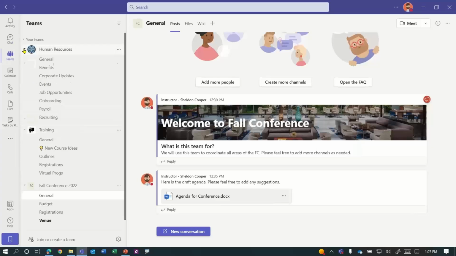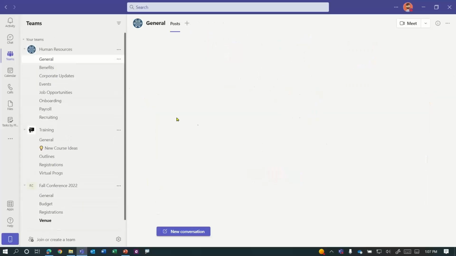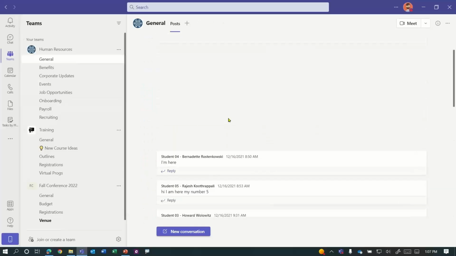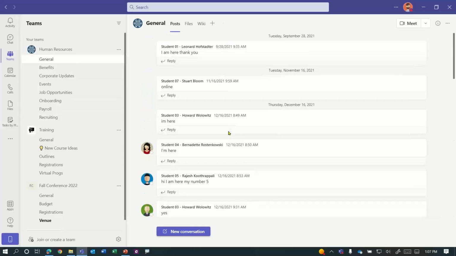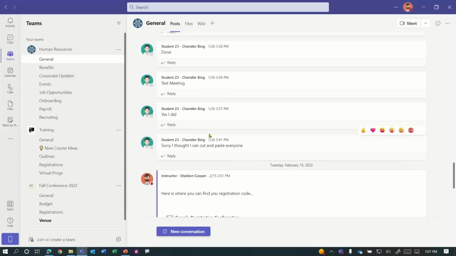I'm already a member of these 3 teams, and I have about 10 channels, maybe 6 channels plus 4 channels, and then I'm going to have tons and tons of people posting information. You do not want to be bombarded with a cajillion notifications, right? Now, there are several things you can do.